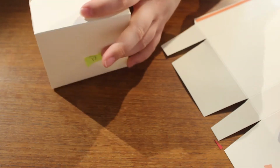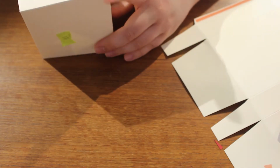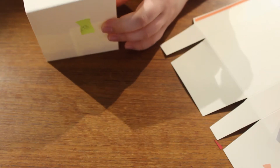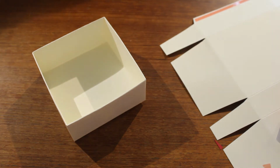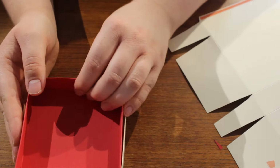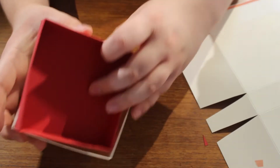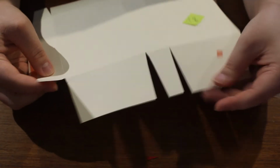So take the backing off and fold in, press down. Because it's just a 1/2 inch here, you need to press it down so it doesn't flip open, because when it's so short, it can flip open. Yeah. So, and this box is going inside and will be held up by something that we will put in it later. And then it's this one, and this one, and